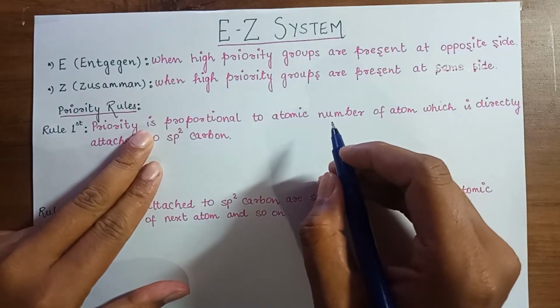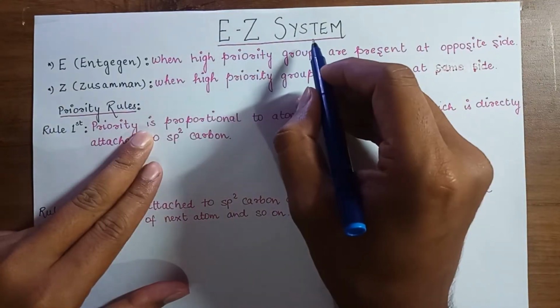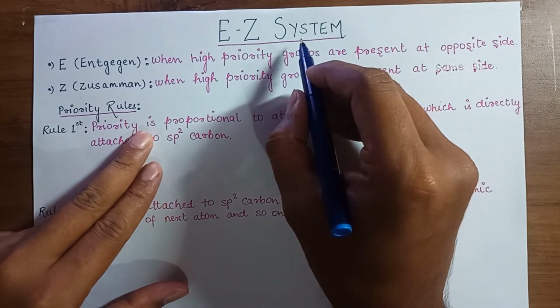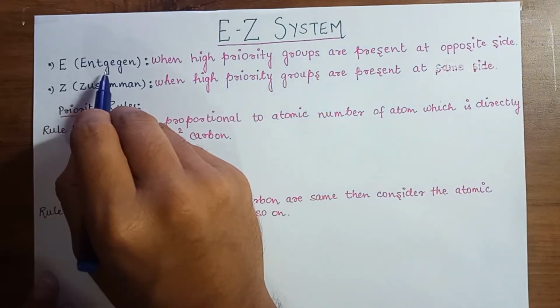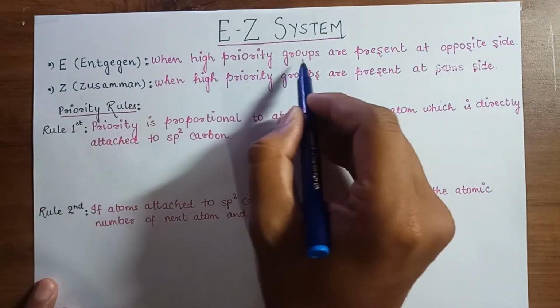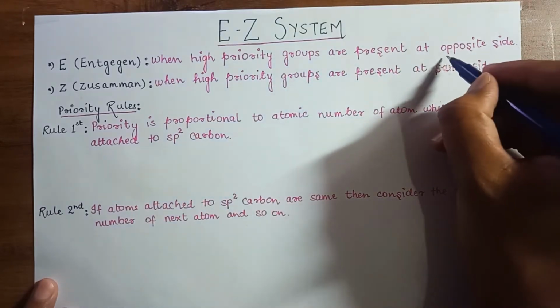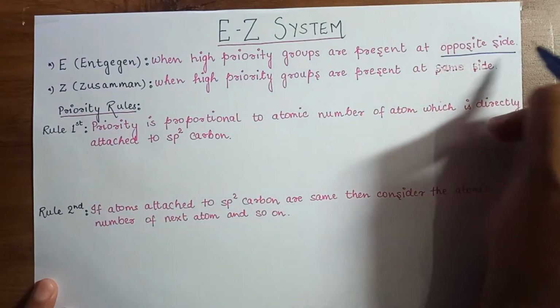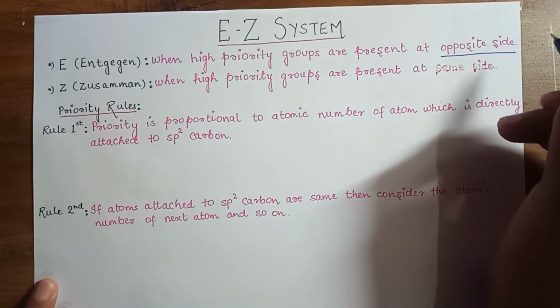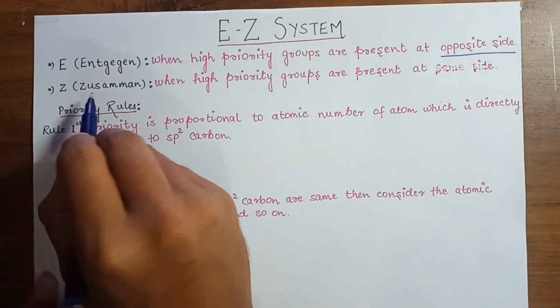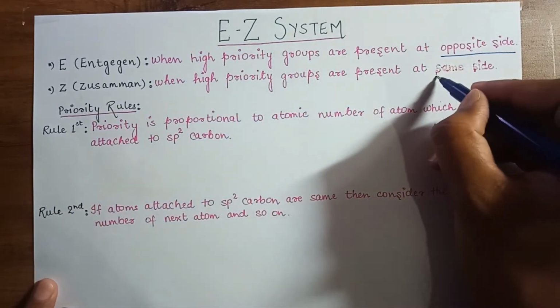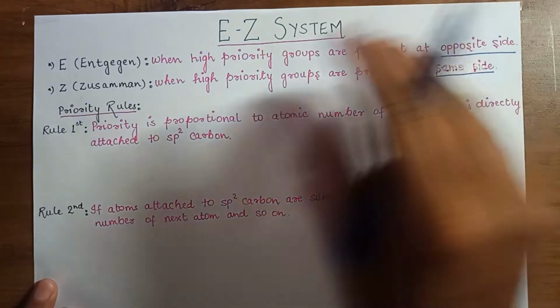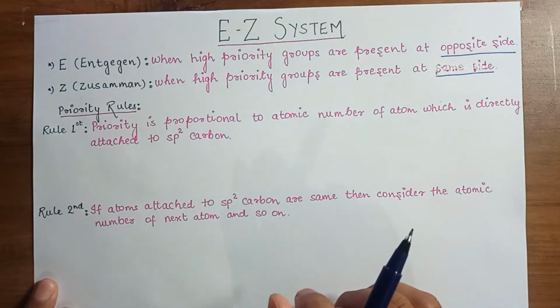Hello friends, in this video we will learn about the EZ system. The EZ system comes under the category of geometrical isomerism. Let us see what is E and what is Z. E, Antigen: when high priority groups are present on opposite sides, the configuration is known as E. Z, Zusammen: when high priority groups are present on the same side, the isomer or configuration is known as